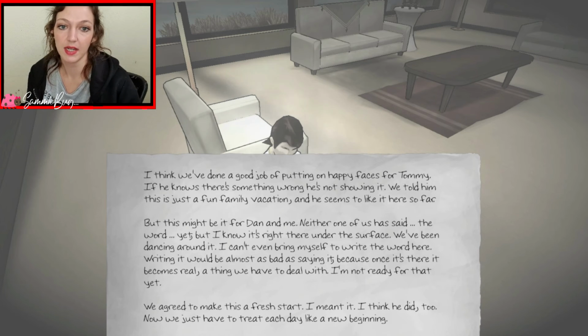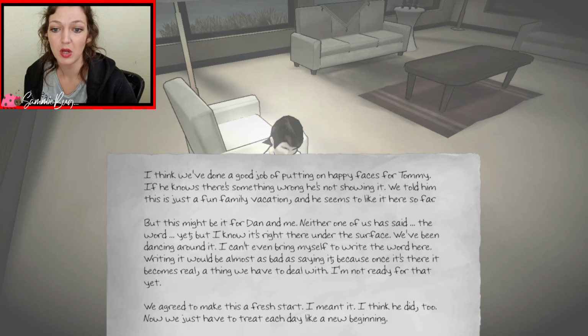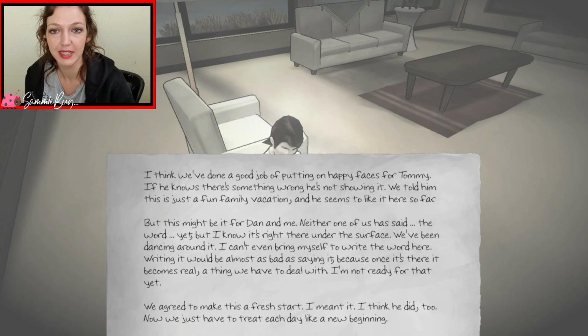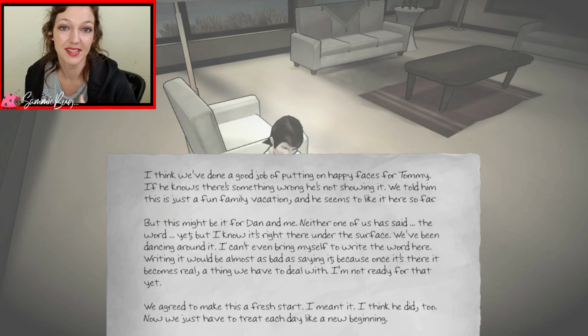So it seems like Linda and Dan are having some problems and they might end up breaking up. They say children can't know, but children sense it when their parents are not in a good place. I was with my children's dad for 10 years before we broke up, and we were the same. We ended up staying together just for the sake of the children because we had 4 children together.